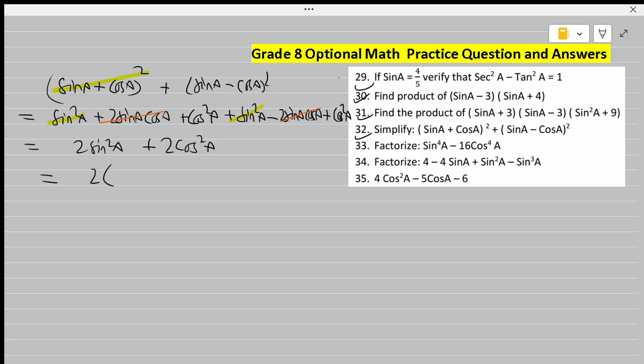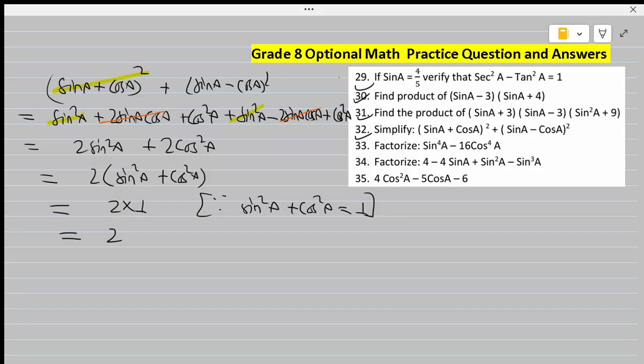Then you can take 2 common, so inside the bracket there will be sin square plus cos square, and its value we have known, it is 1. So in place of that we keep 1. The reason we may provide also: since sin square A plus cos square A equal to 1, so 2 into 1, that is 2. So that's number 32. I go with number